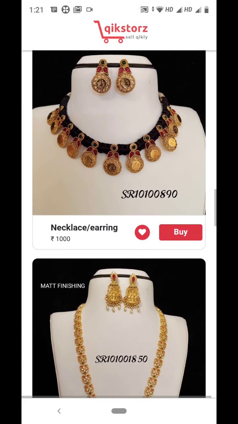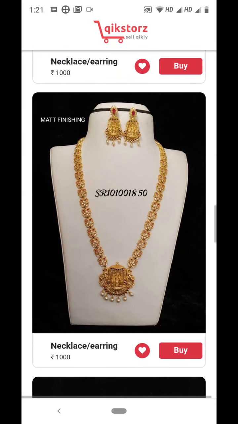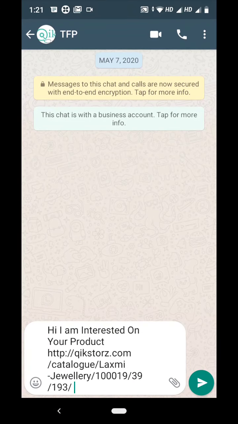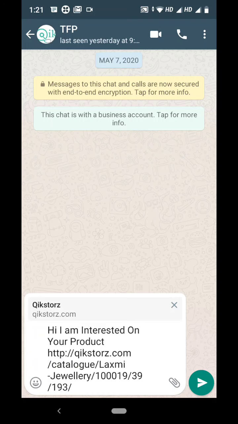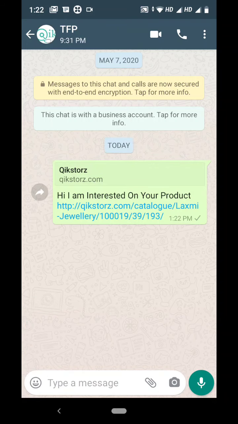Now some customers liked your product. For example, they have liked this matte finishing product. If the customer clicks on this buy button, automatically the message will come to you, because you are the catalog owner. You will receive the message like this.